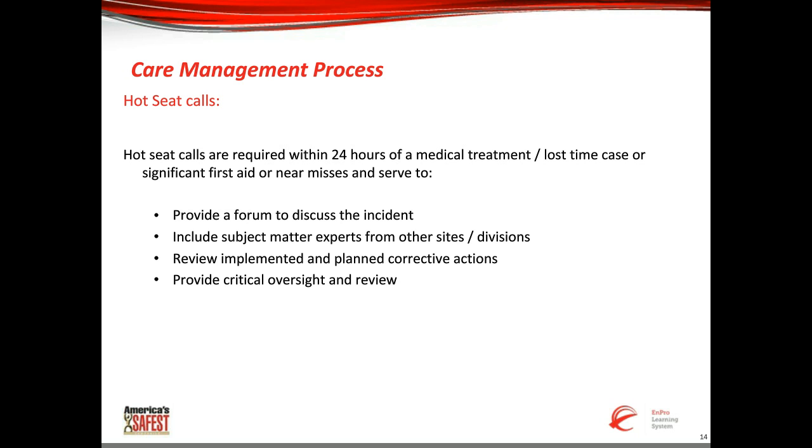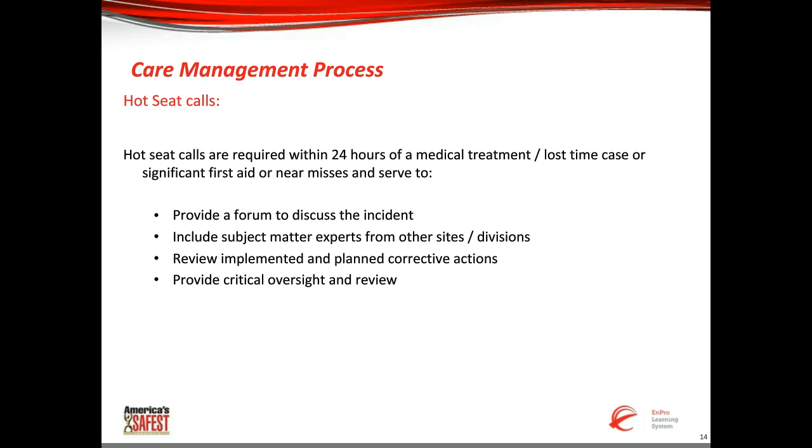But this process consists of the leadership and investigatory team reaching out and soliciting help from one of our other facilities. The site that had the incident describes what happened and the root causes that were identified. And then those folks that were invited to the call, red team review might be another way to think of this team, but this team of folks outside of the facility is really there on the call to challenge the actions of those at the facility where the injury took place. So after they hear what the root cause analysis was, they're going to challenge that.